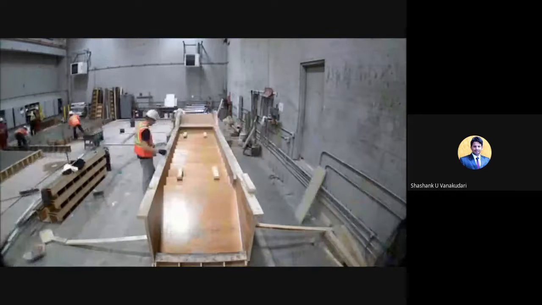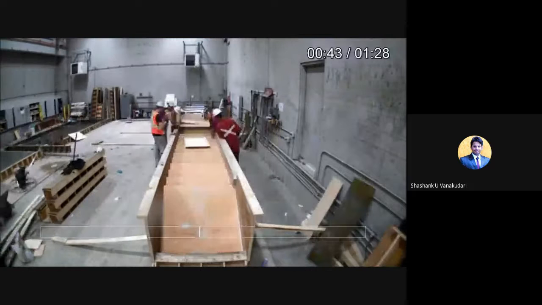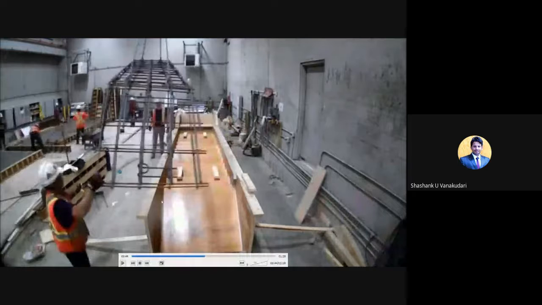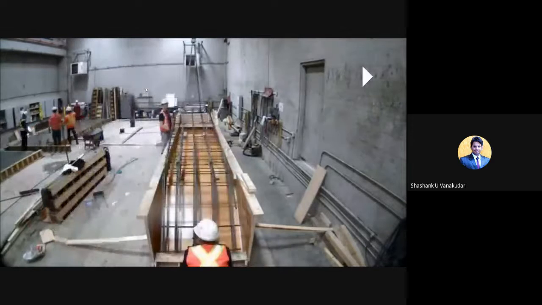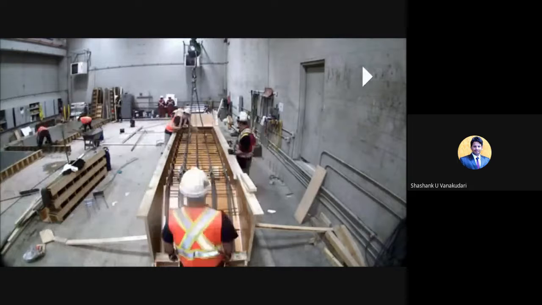And they even mark on it. Now they are going to place the reinforcements, and before this you can see they have placed the cover here, right? This is the cover part so that it maintains certain gaps from the formwork to the reinforcements. The reinforcement is already prepared and they have directly installed it.